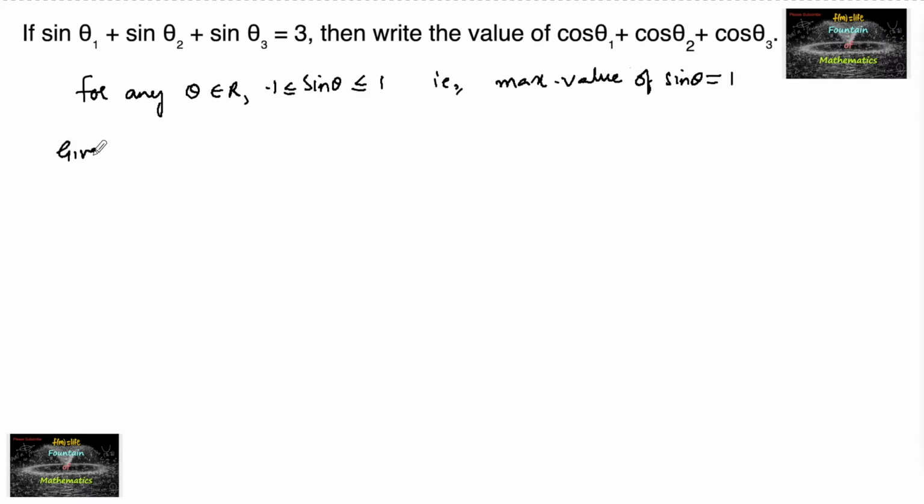It's given that sin θ1 plus sin θ2 plus sin θ3 is equal to 3, and since the maximum value of sin θ is 1, which is possible